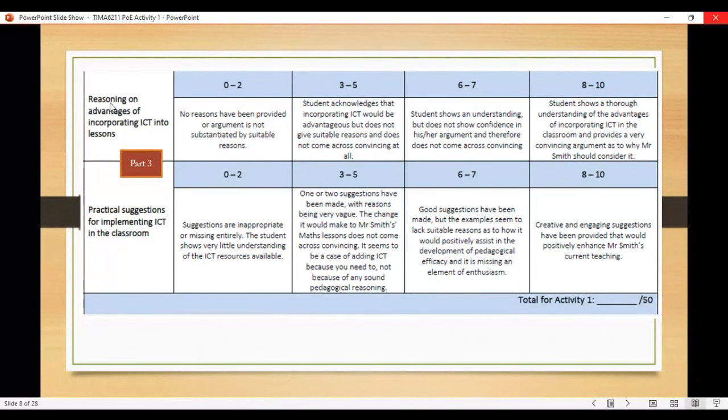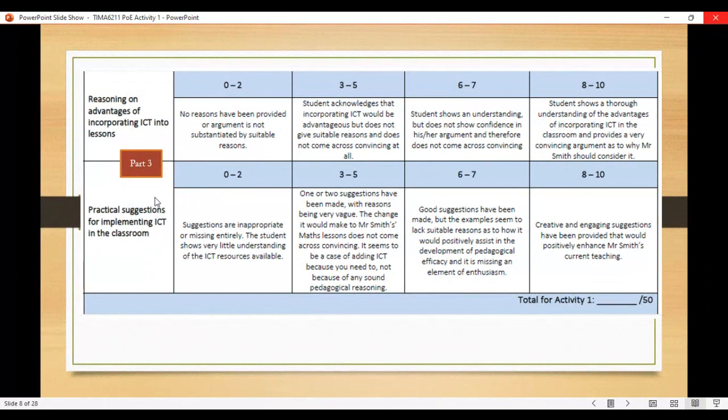So the first part of part 3 is your reasoning on the advantages of incorporating ICT into lessons. For this, you would need to make use of credible resources, where you show a thorough understanding of the advantages of incorporating ICT in the classroom, and where you have provided a very convincing argument as to why Mr. Smith should consider using technology in his math class.